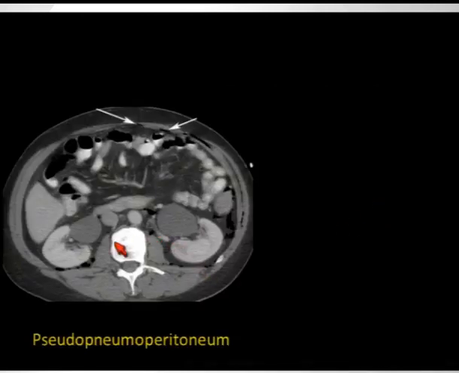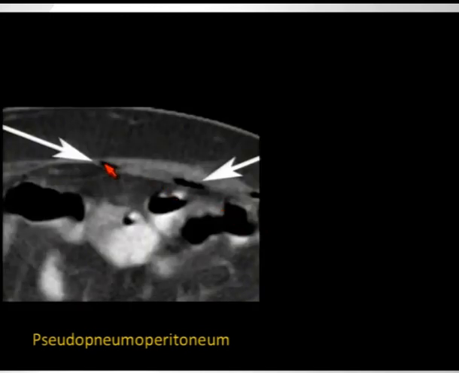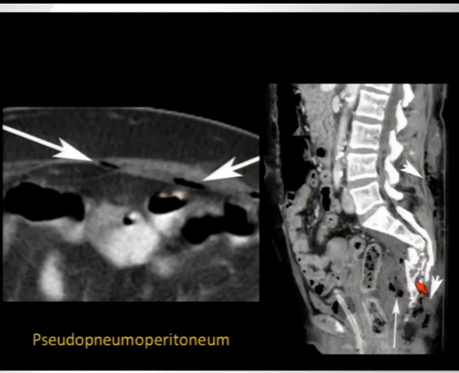There's another example. Notice there is abundant extraluminal gas, all located outside of the peritoneal cavity. If we focus on the anterior abdominal wall, notice these gas collections, which are linear in appearance, are outside of the parietal peritoneum. This patient does not have an intraperitoneal hollow viscus injury. What he does have is a rectal injury caused by the sacral fracture that allowed gas to leak through the extraperitoneal spaces and the abdominal wall, and finally accumulate outside of the parietal peritoneum, very close to the